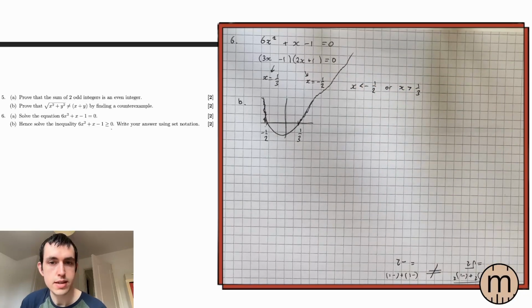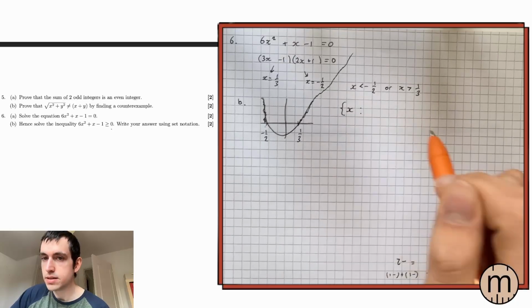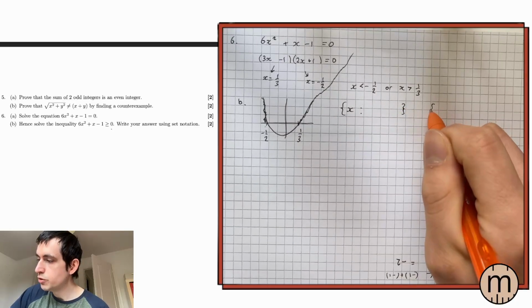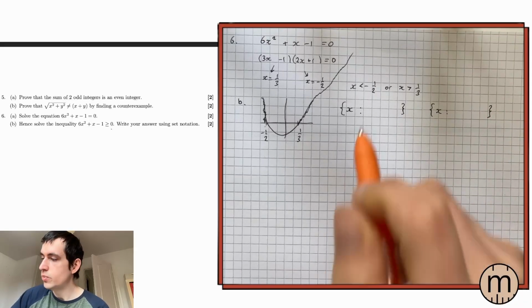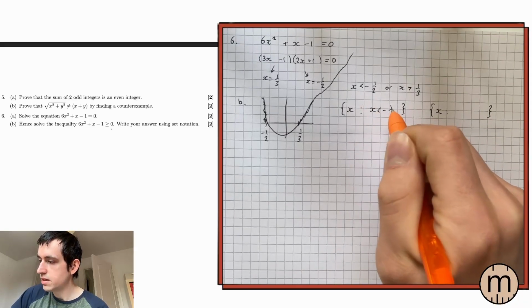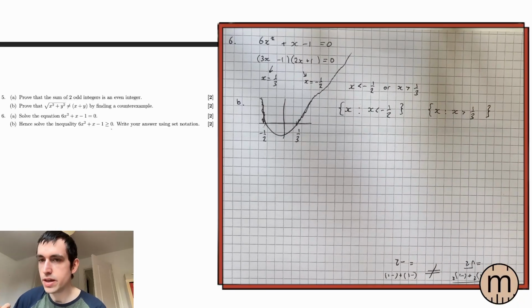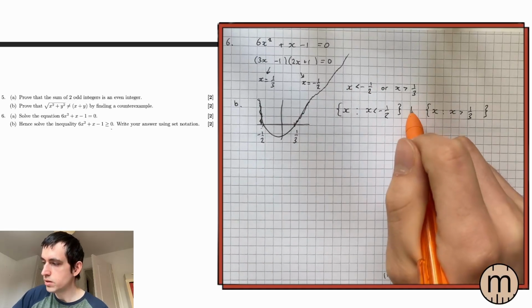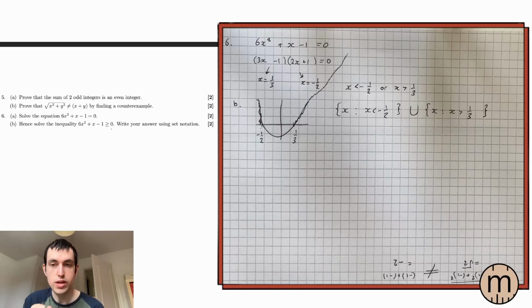But we're not done there, because it says write your answer using set notation. So we draw a squiggle, an x, and 2 dots. We draw another squiggle, another x, and another set of dots, and we just copy and paste this in. The only other thing is that we actually need this OR symbol. Think back to probability. What's the OR symbol? This one. So between the two sets, we say union, one set or the other,